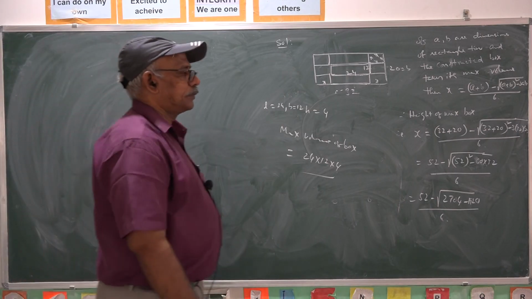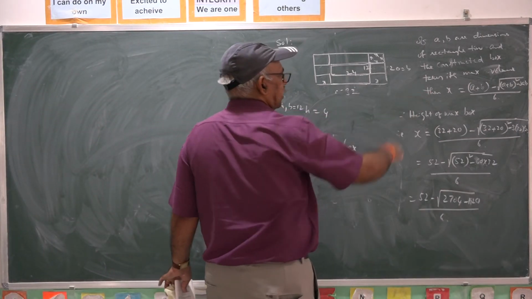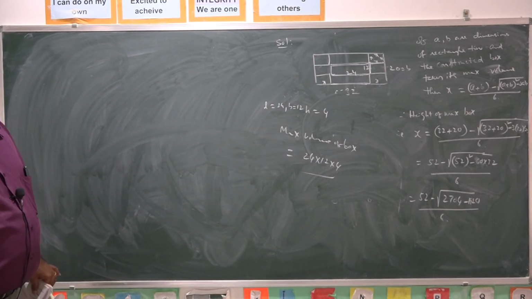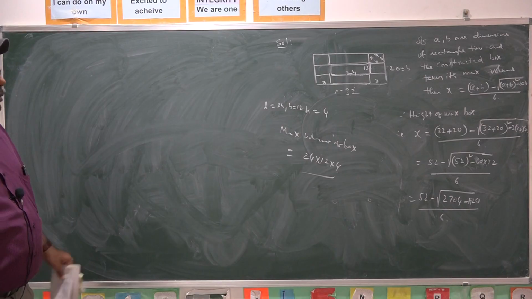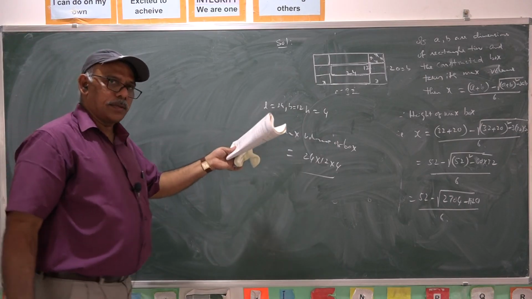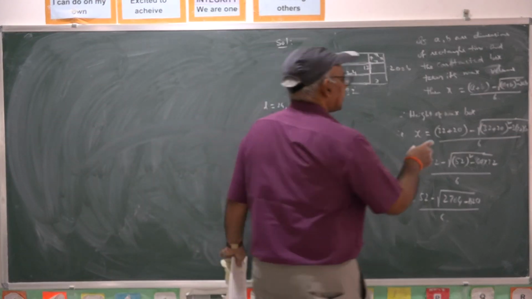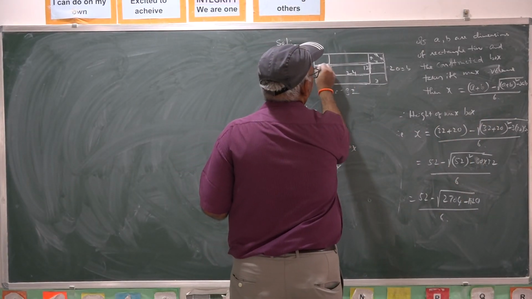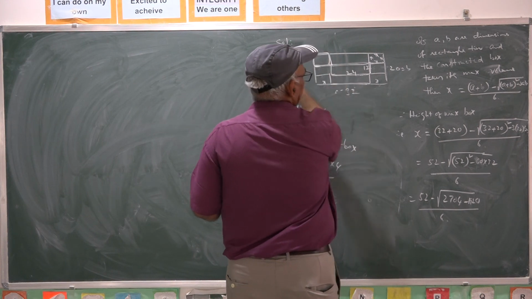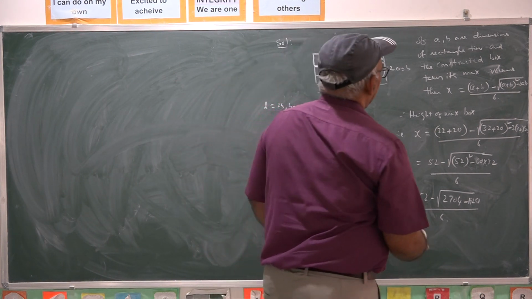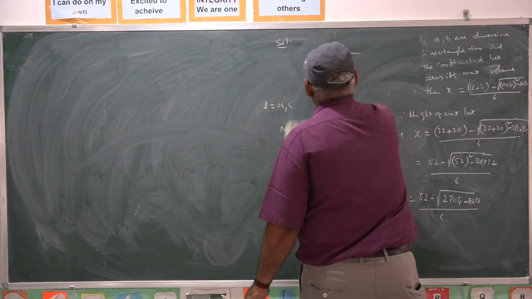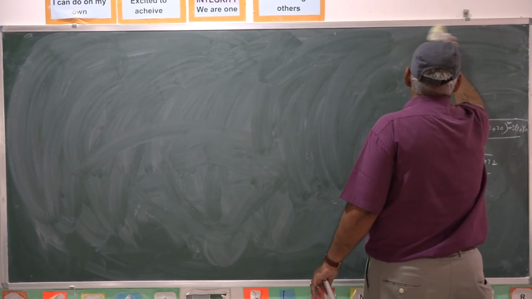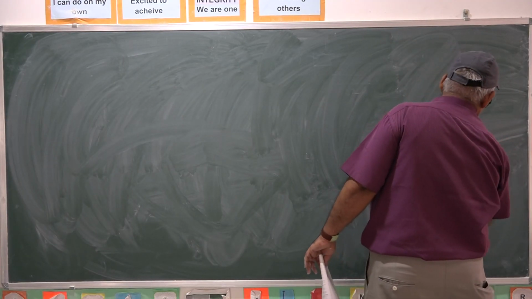The maximum volume of the box is 24 into 12 into 4. Once you keep that formula in your mind, you can straight away find the maximum volume of the box as well as the height of the box, that means the length of the side of the square piece cut out from the corner. Such problems are very important, already given in the exercise problems itself.